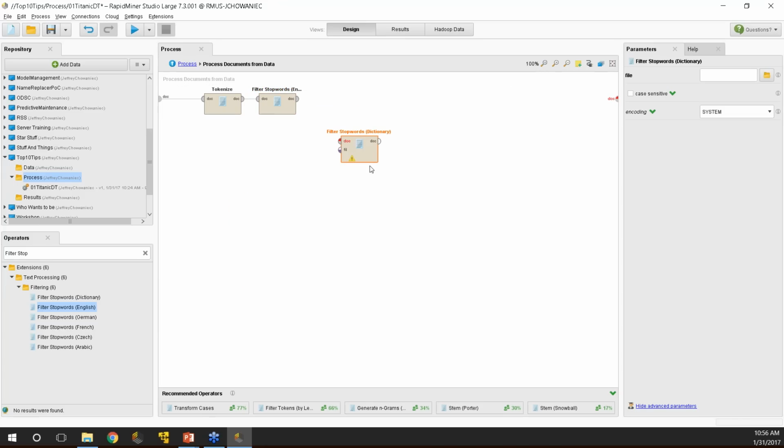Or if you wanted to just generate your own dictionary, it just requires you to make a text file, and you can click and drag that text file into RapidMiner Studio, actually, just from your desktop. Once that data file is in, you can attach it here and use it as your own stop words dictionary. So I have one that I set up when I do stuff with Twitter, so I'll use my text processing to search Twitter for certain hashtags, and then do some sort of data science or just clustering based around that,